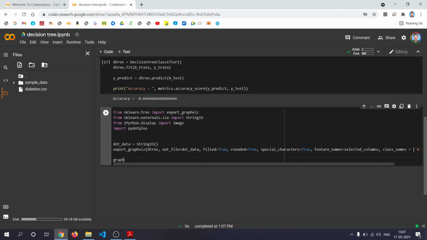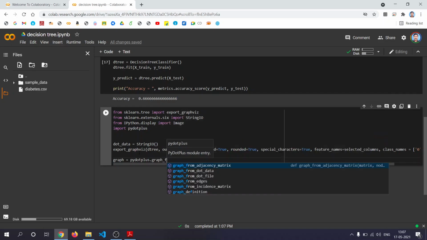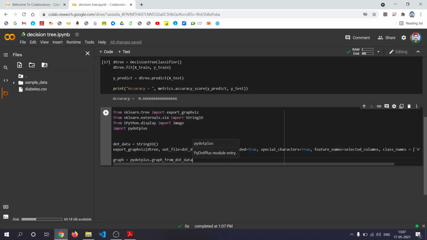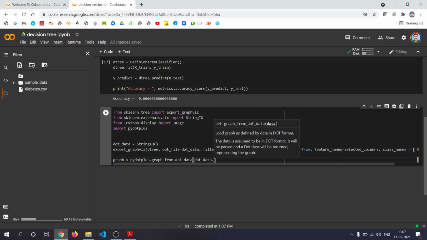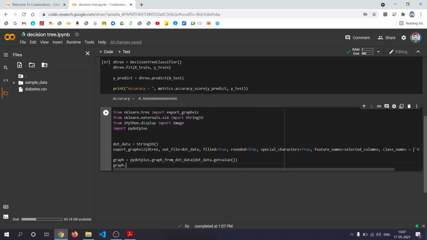Now you construct the graph. Using pydotplus you can construct the graph: pydotplus.graph_from_dot_data, dot_data.getvalue. graph.write_png diabetes.png.